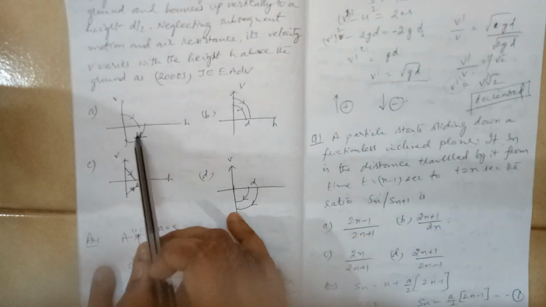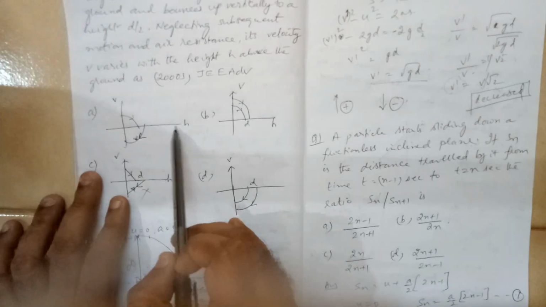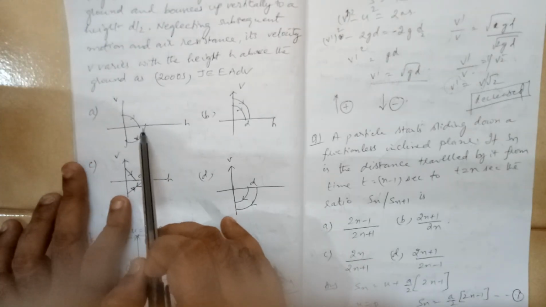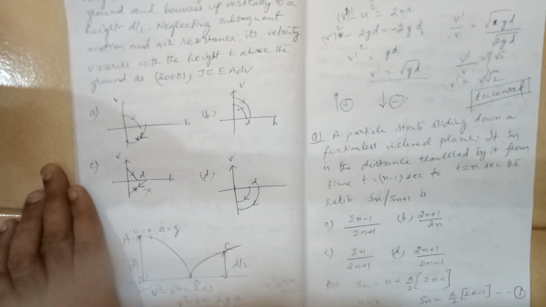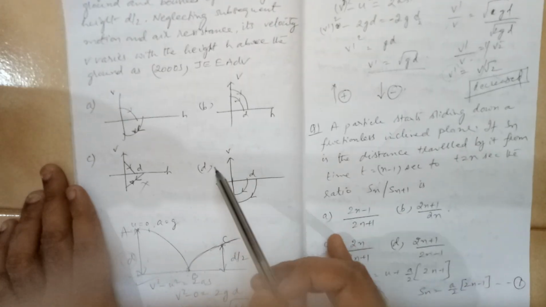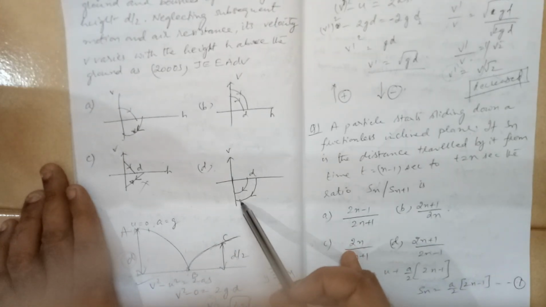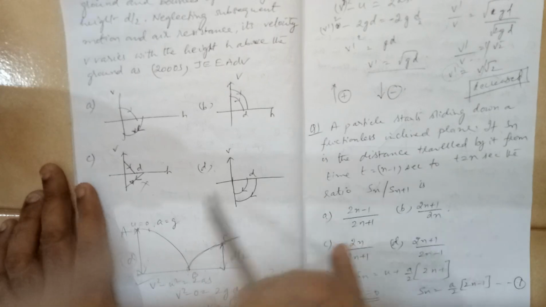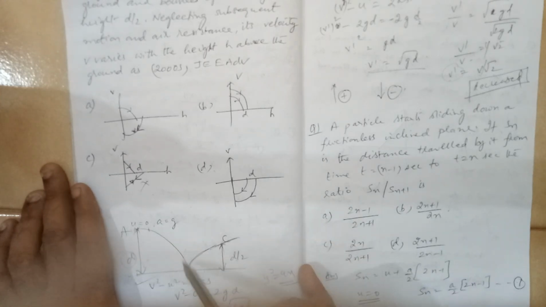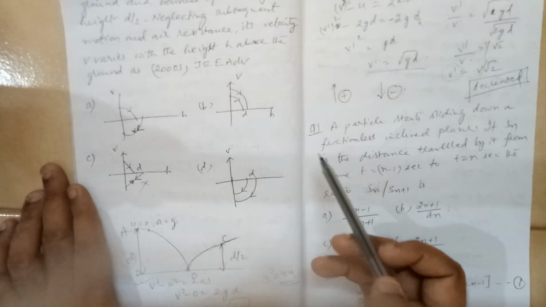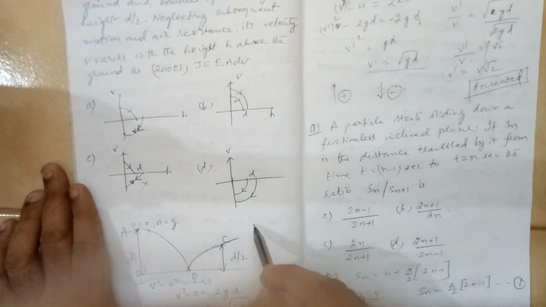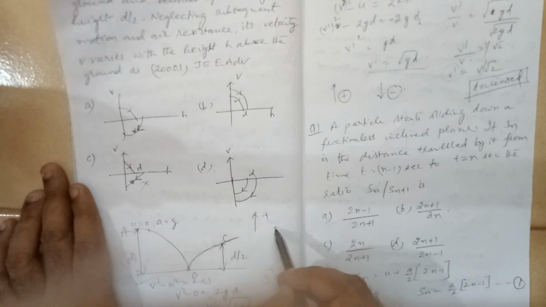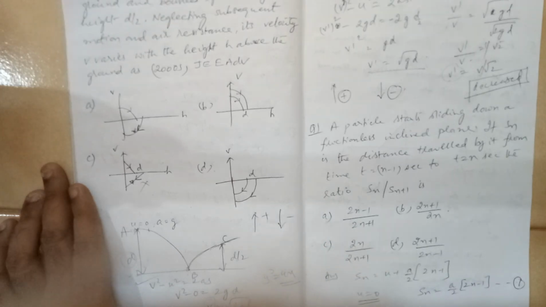Now look at this graph. If you look at graph A, we have already cancelled out graph C. Graph D, they are both in the same direction. So basically what is happening is one is a positive motion, another is a negative motion. So it is falling and going back. If you consider u as positive in this direction, this has to be considered negative.